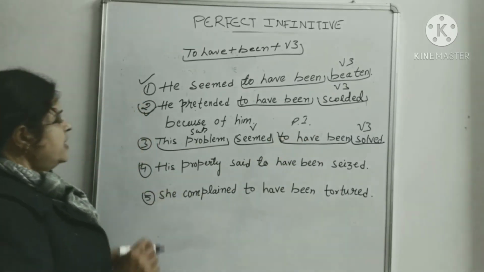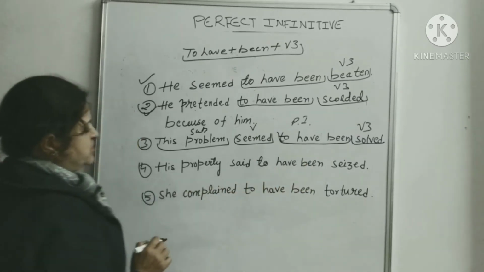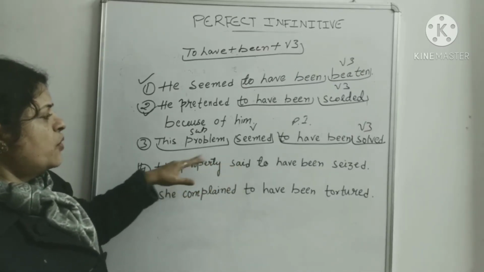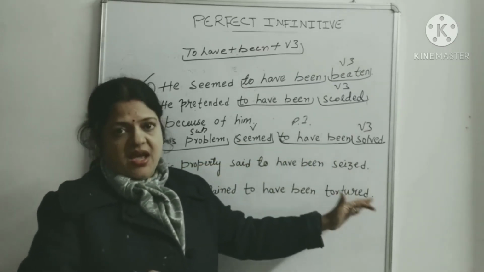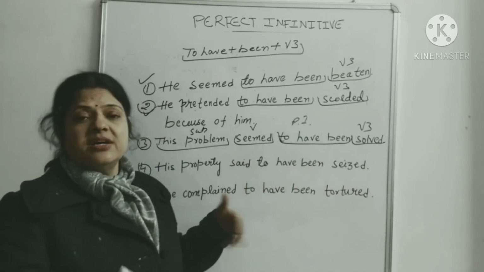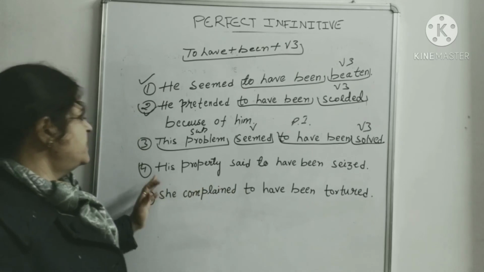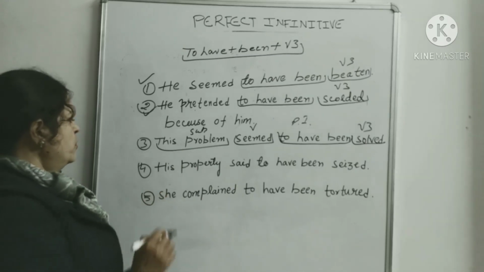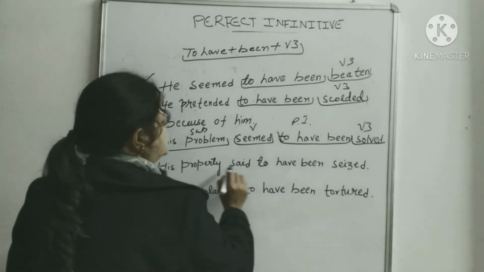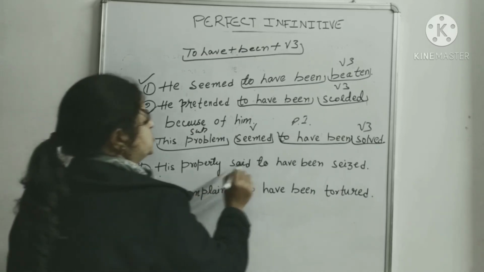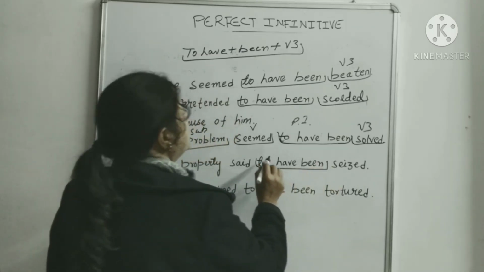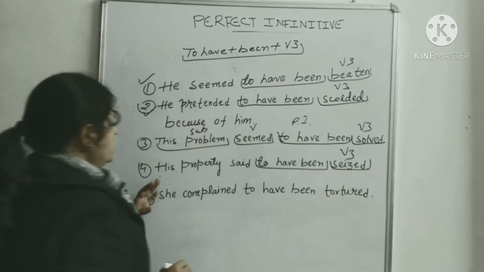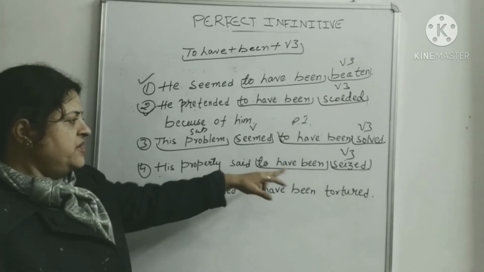Okay. Now his property is said to have been seized. ऐसा माना जाता है, ऐसा कहा जाता है कि उसकी प्रॉपर्टी जब्त कर ली गई है, लेकिन we don't know कि किसने किया है। जब्त कर ली गई है ये पैसिव वॉइस में, someone has seized his property. ओके, लेकिन अब किसके द्वारा किया गया हमें नहीं मालूम, we don't know. तो his property subject, said to have been ये फॉर्मेशन है आपका परफेक्ट इन्फिनिटिव का, और seized है आपका V3. ठीक है, तो ये है आपका सब्जेक्ट, और said to have been यहाँ पर है वर्ब।